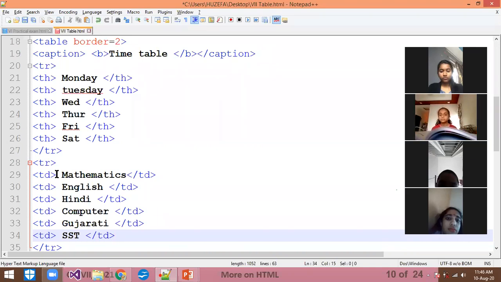But the people who don't know about this, they can only directly open the web page at that time. So they cannot change that table. So that's why its option will not come in the Notepad++. And ma'am, we ourselves can change. Yes, if you have Notepad++, then you can go to the code and you can change your table.